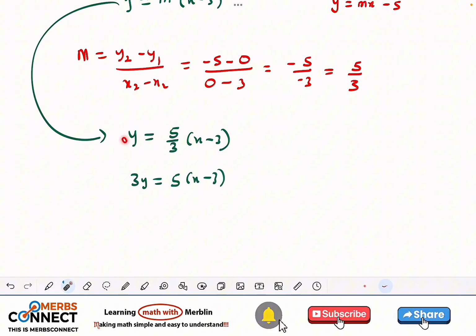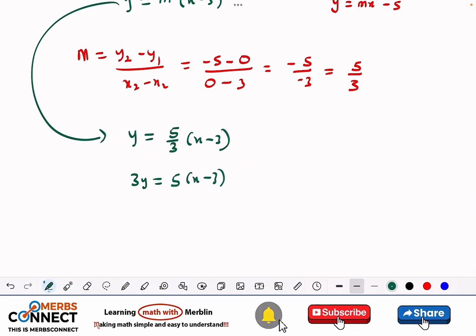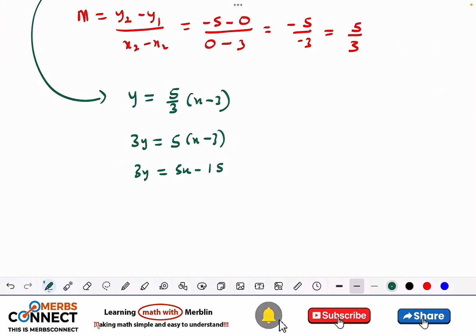When I multiply this one by 3, this will cancel that. And finally, 3y is equal to 5x minus 15. This is what I'm going to get. So if I want to write it in this form, 5x minus 3y minus 15 is equal to 0. So this will be the